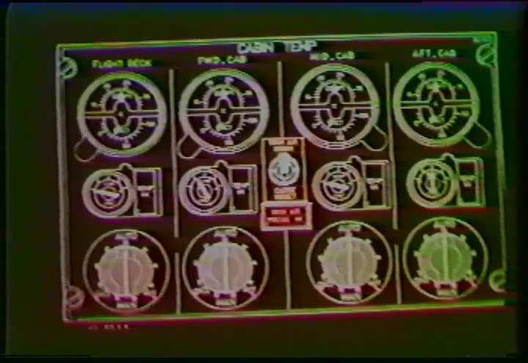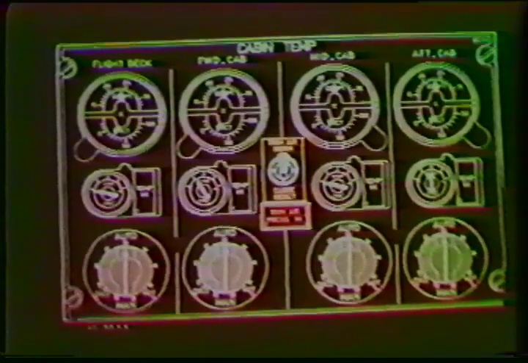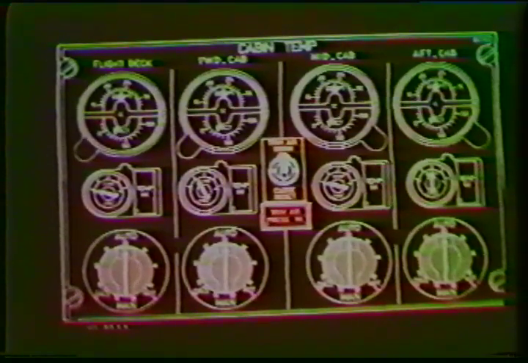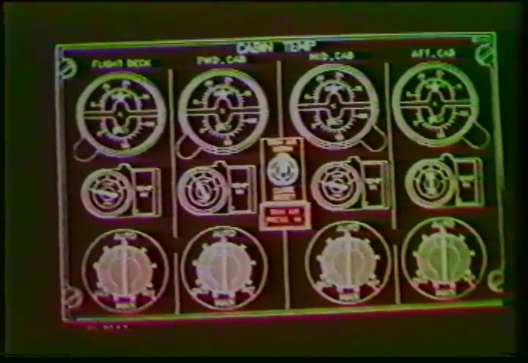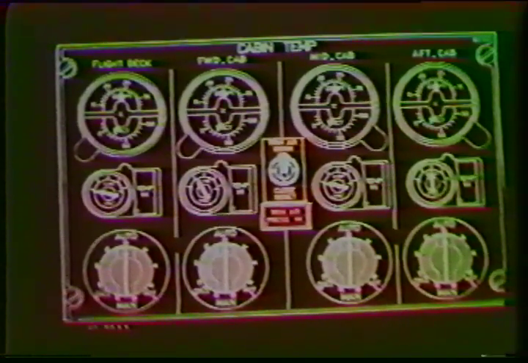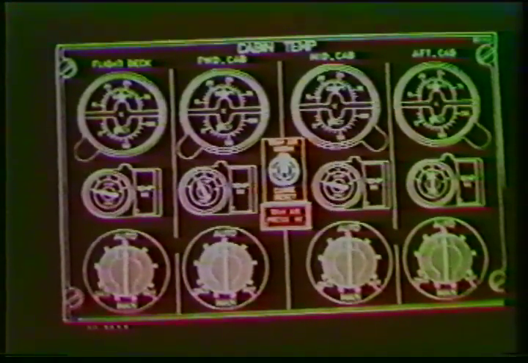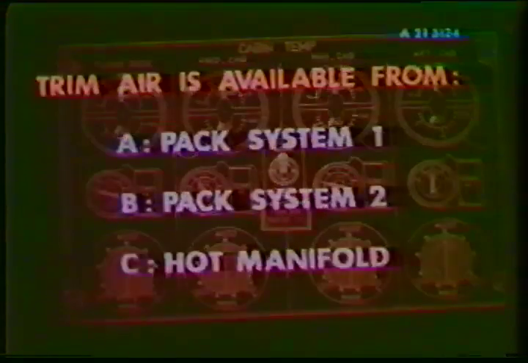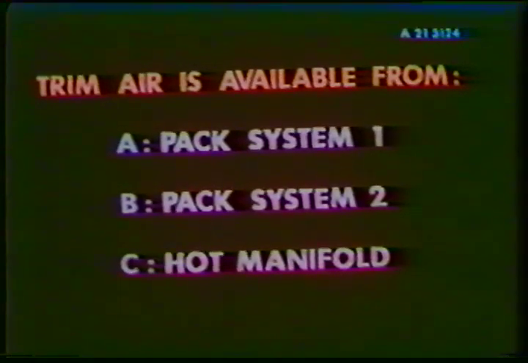Both trim air pressure valves are controlled by one switch. They regulate the hot manifold pressure 4 psi above cabin pressure. If one of them should fail to regulate the pressure properly, a pressure switch triggers the trim air pressure high light. Trim air is available from